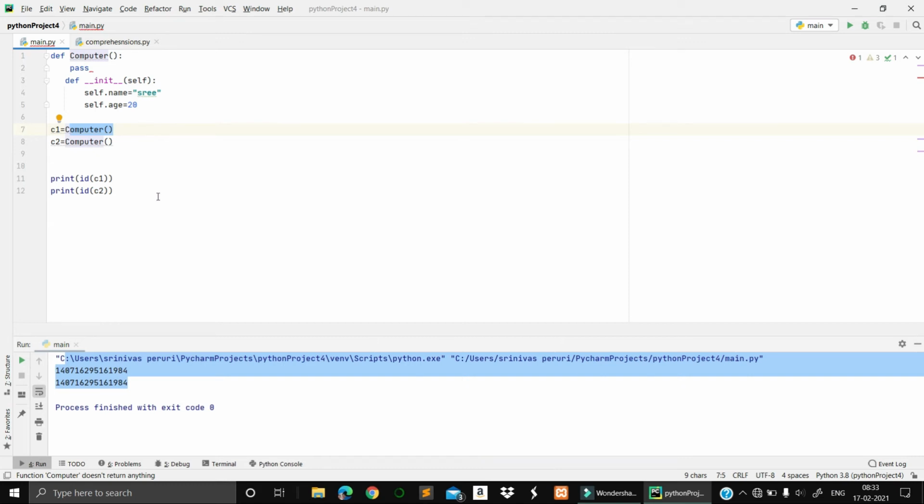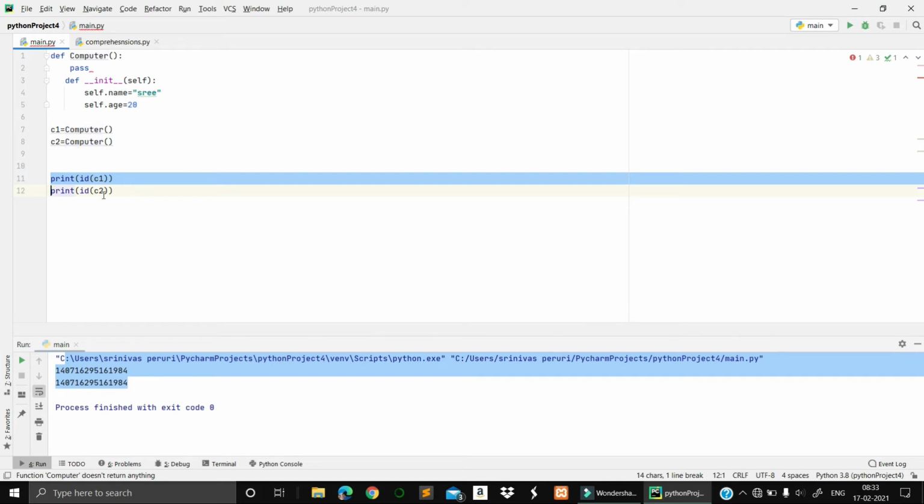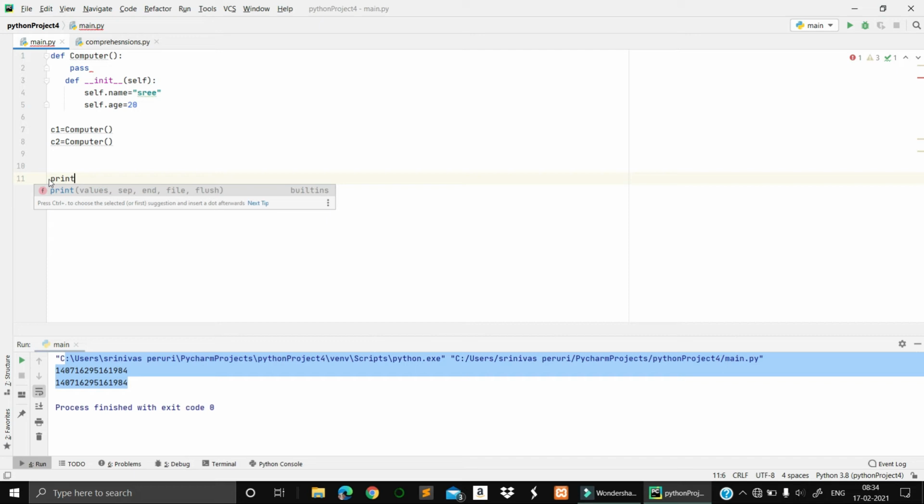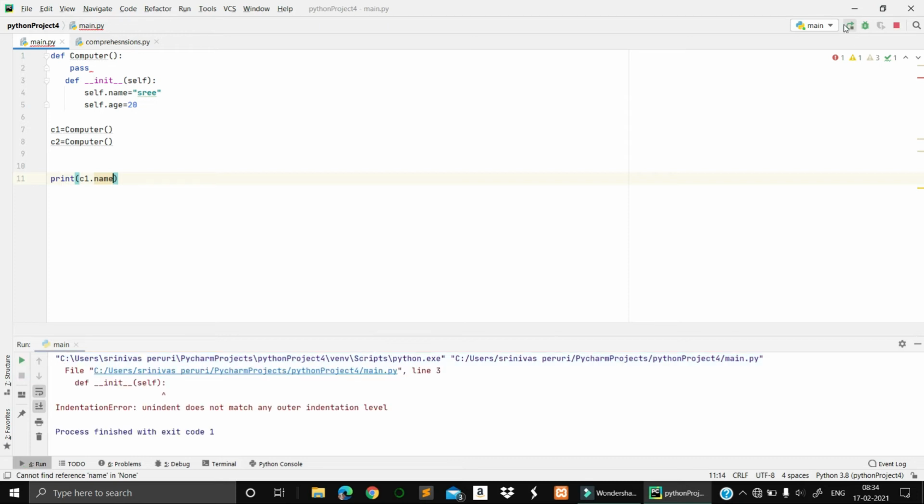Okay, what if I want to print the names itself? I'll print c1.name. If I run this one, oh sorry, unindent does not match. Where is the unindentation?